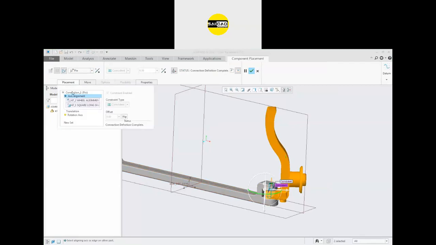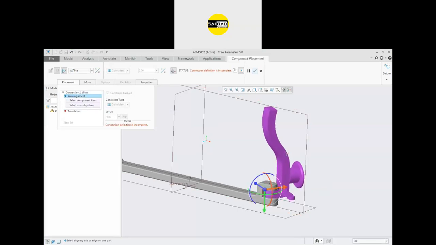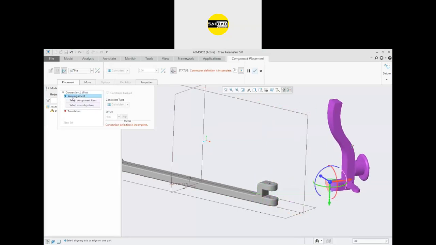Go to the placement. There you will find a rotation axis, and the color will be yellow. The yellow color means you can apply this, and if you don't want, you can leave it, because this is a limit, not a required constraint. If you delete this one and define again like that, you will see we have axis alignment.